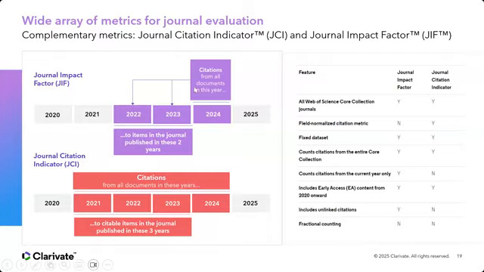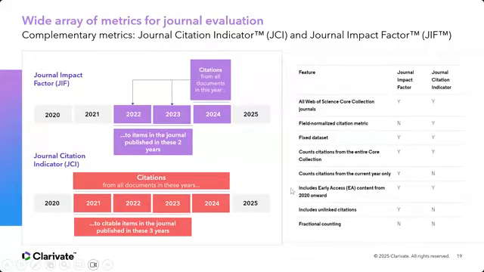The journal impact factor only covers one year of citations, whereas the journal citation indicator covers four years of citations. So the JCI will be a more stable indicator if you want to see which of the quartile 1 journals are more impactful, for example. Later on in my walkthrough, I will explain how you can make use of these two indicators together to decide which journal to select.